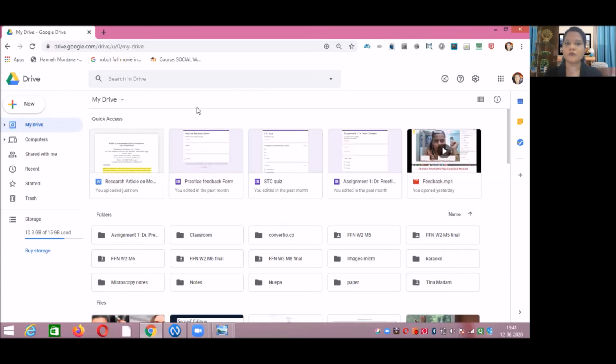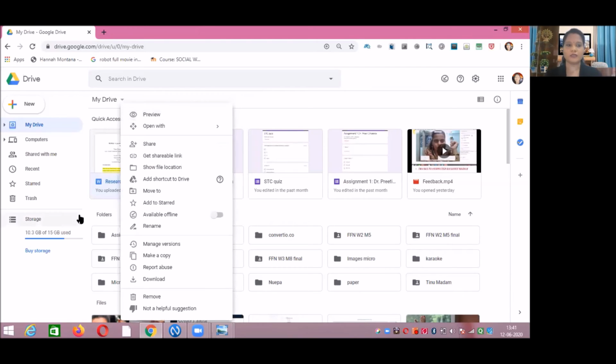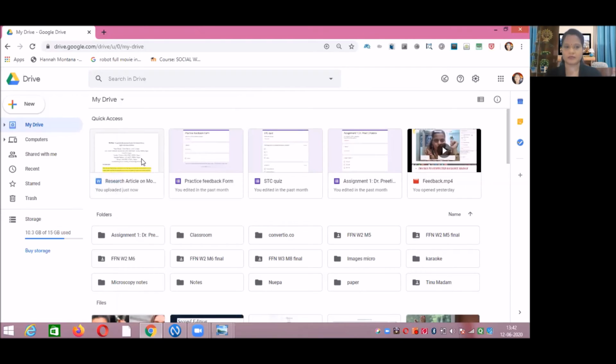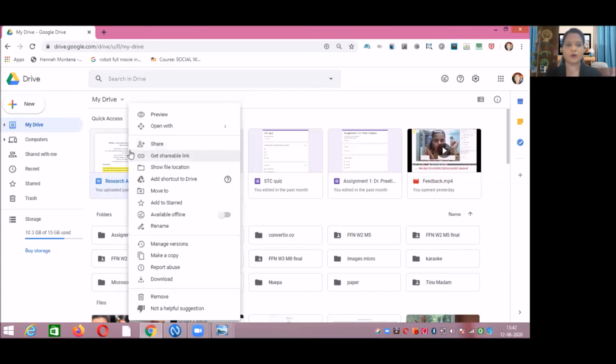To get the link of any document which is present in your G Drive, what you have to do is right click on that particular document. See, if I have to take the link of this research article which I have uploaded just now, you have to right mouse click on that particular document, and there you have to search for the fourth option, which is Get shareable link.